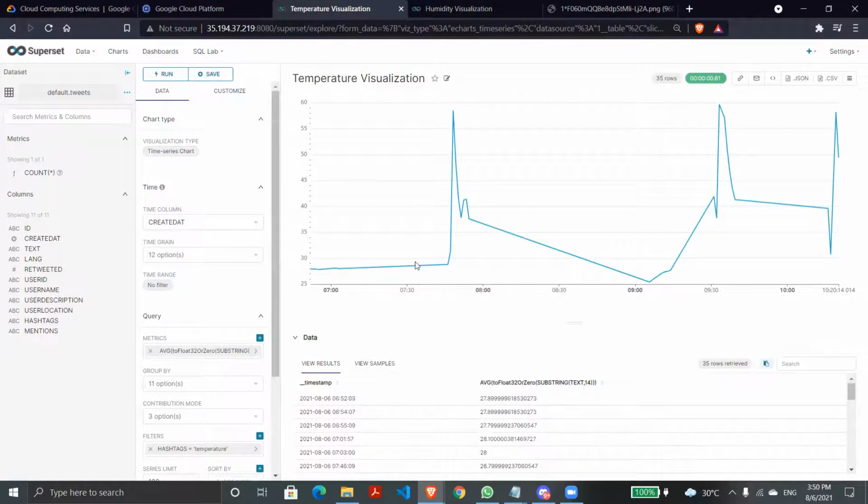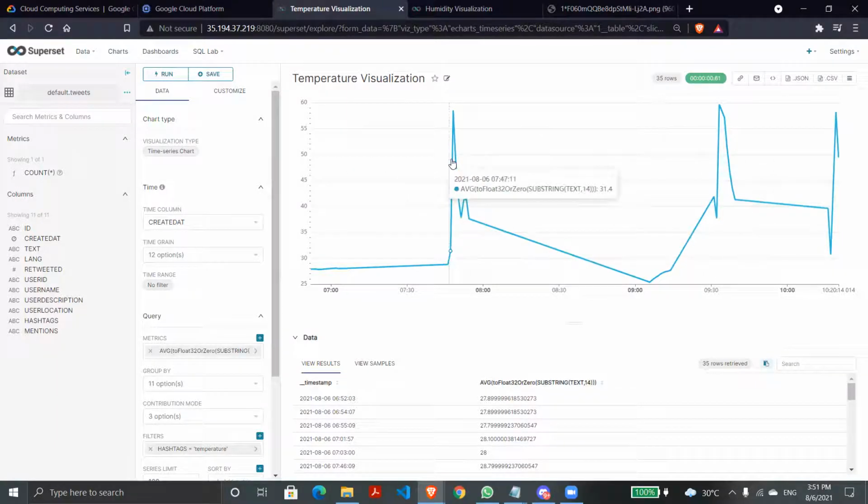Then here is the platform, Superset, which is the platform to visualize the data. So as you can see, when the value is decreasing, it has a steep flow. And when the values increase, the graph increases respectively. Then all the changes made by the values are visualized in our graph.